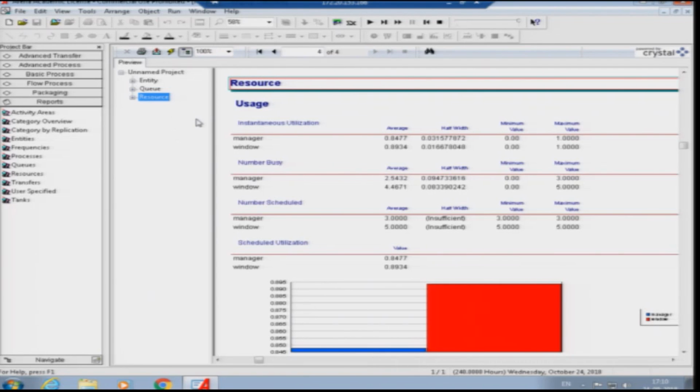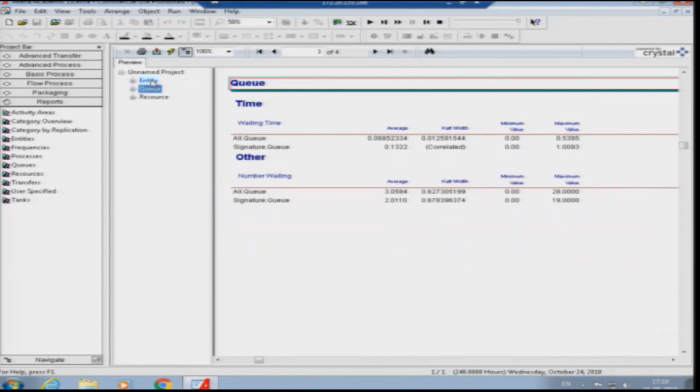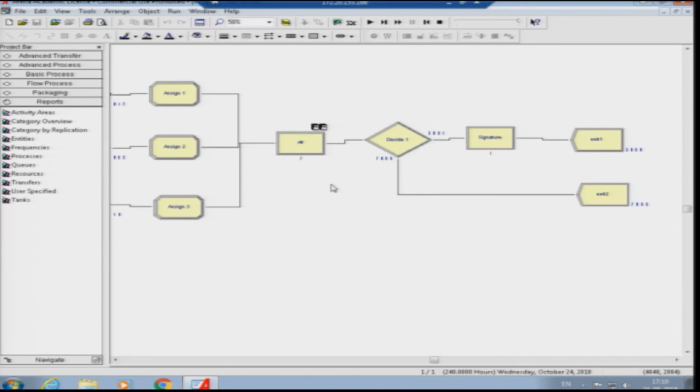The thing to be noted is that when we start analyzing the Arena simulation model, we put resources one after another, and then we try to find out how the model is behaving. We do not irrelevantly add more resources so that at the end we find that the system is performing well, but that is not basically the aim. We need to add one resource after another, check it by running it more than one time, and then find out how the resource works.